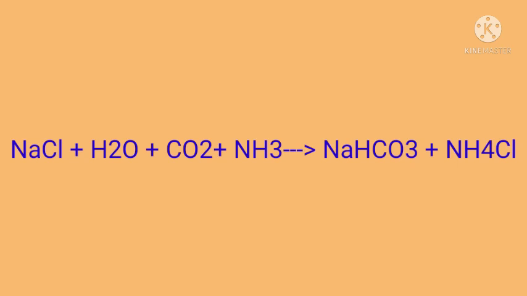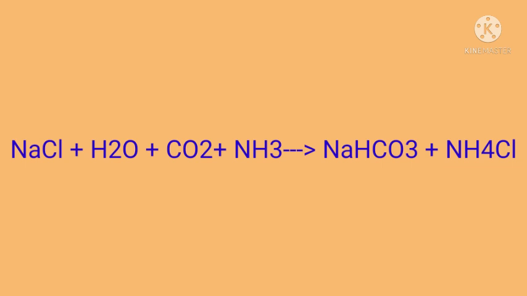This sodium hydrogen carbonate is also prepared from sodium chloride, that is from our common salt. To prepare baking soda, NaHCO3, we use an aqueous solution of sodium chloride. Through the aqueous solution of sodium chloride, we pass carbon dioxide and ammonia gas. As a result, we get baking soda as one of the products. One more product will be formed here, that is ammonium chloride, NH4Cl. So the equation we can write like this: NaCl plus H2O plus CO2 plus NH3 gives NaHCO3 plus NH4Cl.